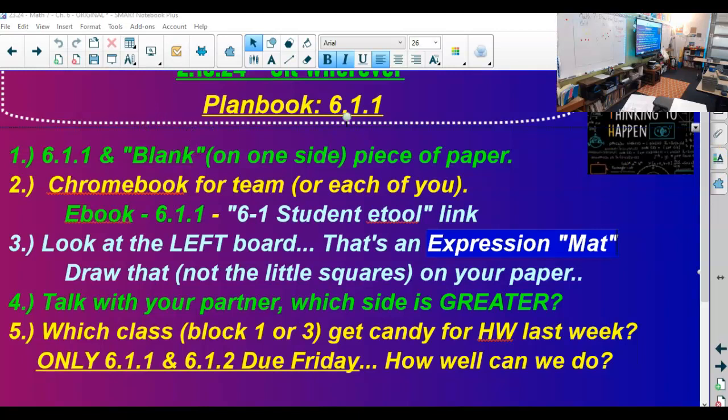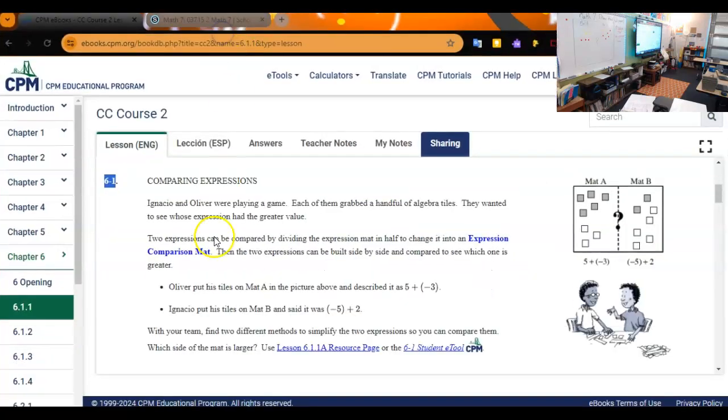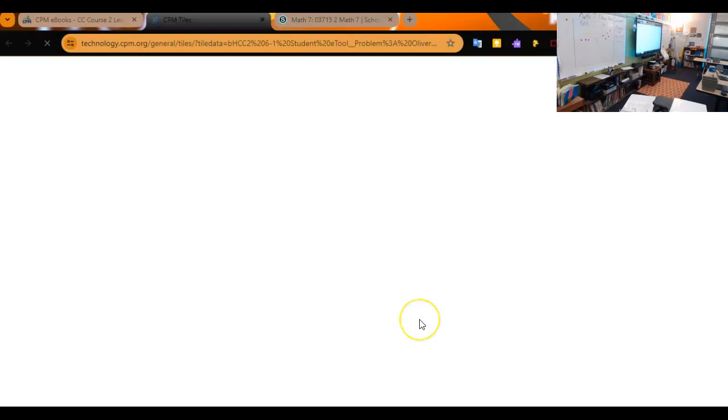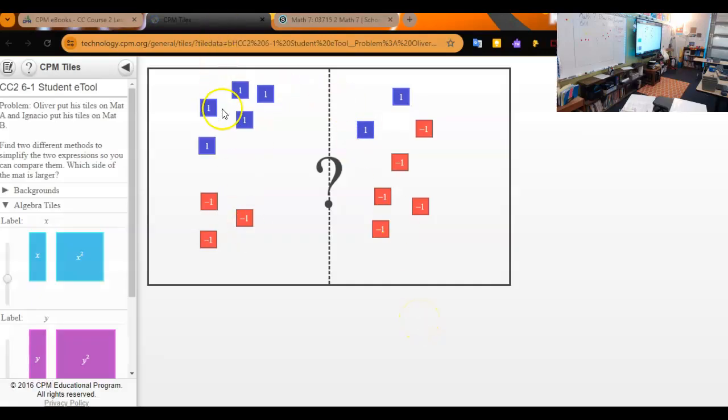One of the easier ways to do this, but you won't always have a computer, is CPM has actually made this into a digital tool. So where we made mat A, mat B, left side, right side, and then might put some little squares on it, CPM made it a digital tool. So today in class we'll probably use the digital tool, but your other option